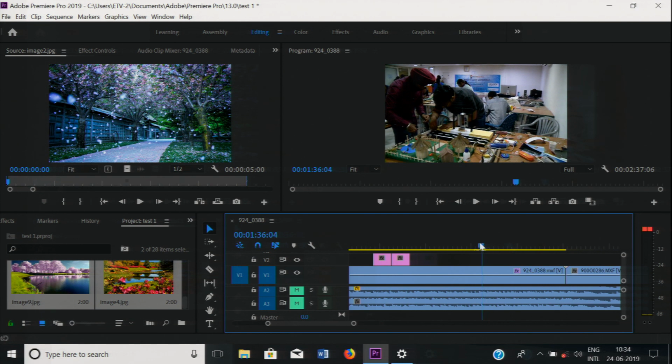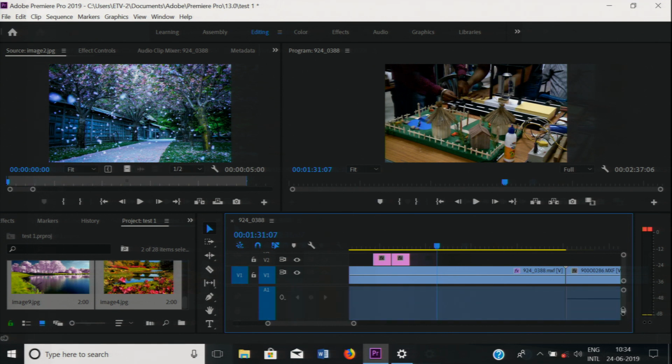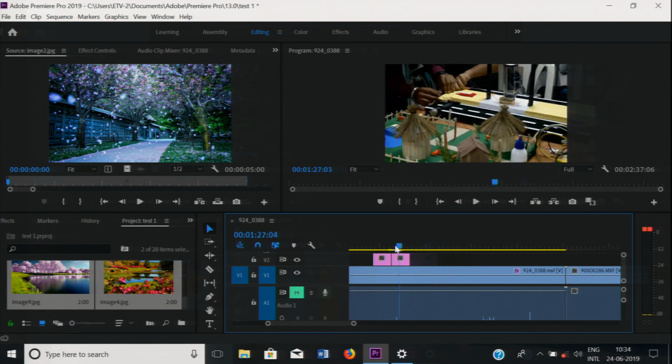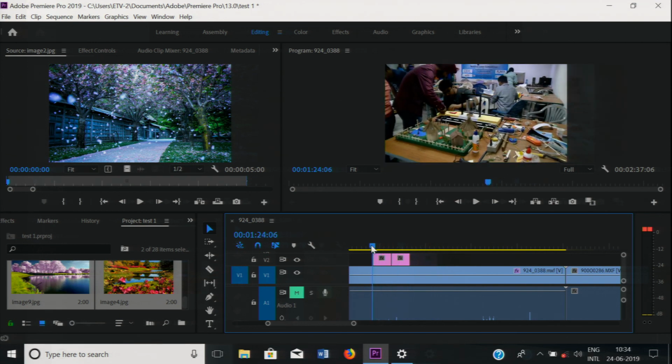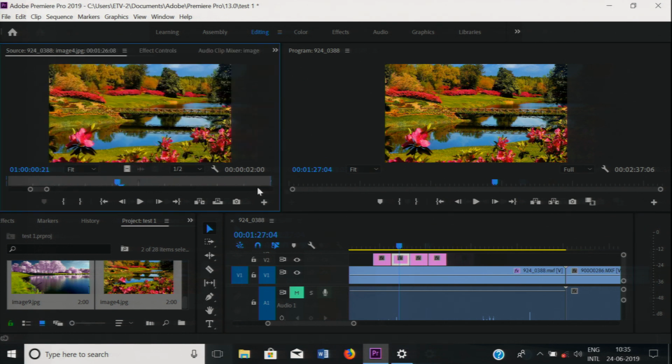Now, select them and place them on the timeline. Now, you can see the default duration of these images is, when I am clicking, 2 seconds.